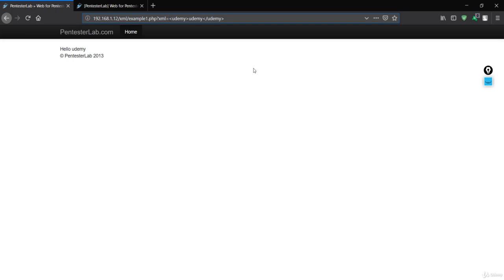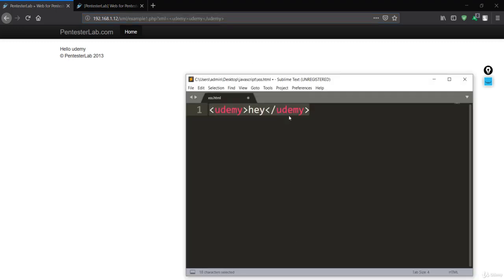So we'll just make our own payload now, and let me open Sublime again. First I'll make use of this doctype, and after that I'll make use of something like test. It can be anything, you can put anything over here. I'm just making a custom tag named test, and I'll open this entity tag, and after that I simply pass XXE, which is the name under which this file will be stored. So we'll make use of the SYSTEM keyword. I'll tell you in a moment what this system is.